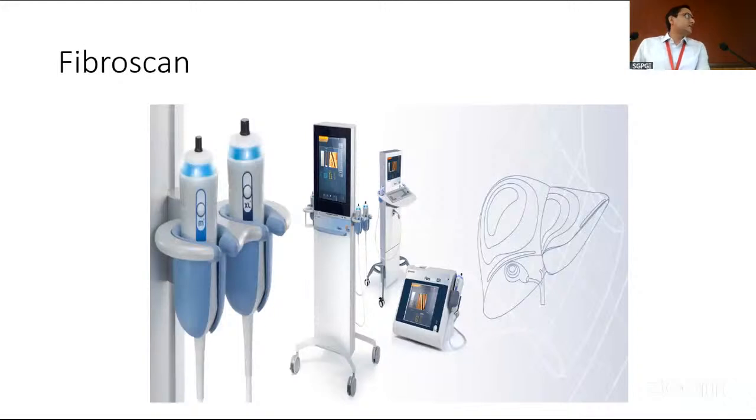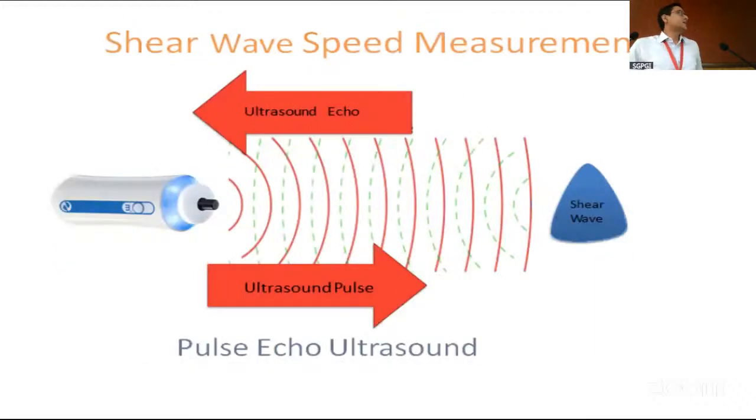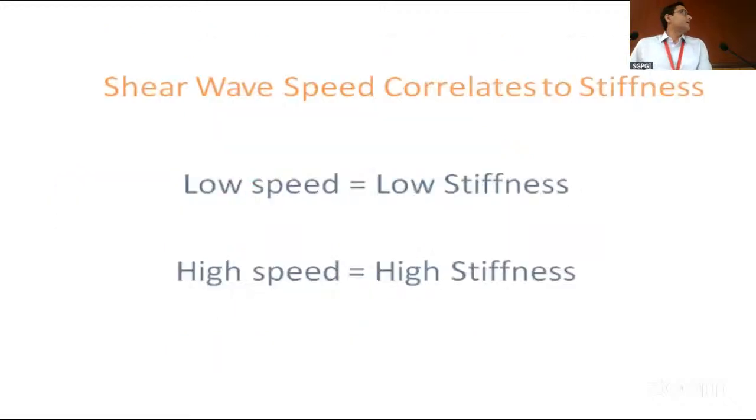Now coming to transient elastography or FibroScan. As already mentioned, FibroScan has a dual function. One is the quantification of the fat, and second is the quantification of stiffness, which correlates with the fibrosis. The mechanism is that once we apply the transducer to the chest wall, the shear wave travels, and the stiffer the tissue, the more will be the speed of the return of the waves to the transducer. So the principle is that if the speed is low, that means low stiffness. However, if the tissue is stiff, the speed will be higher, and higher will be the LSM values, which will be manifested in the FibroScan values.